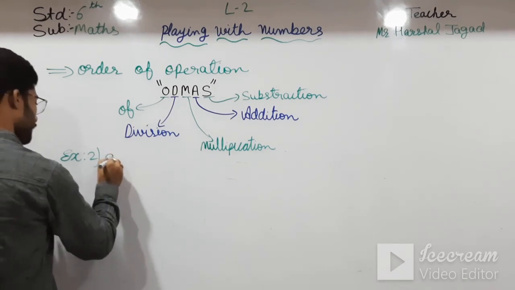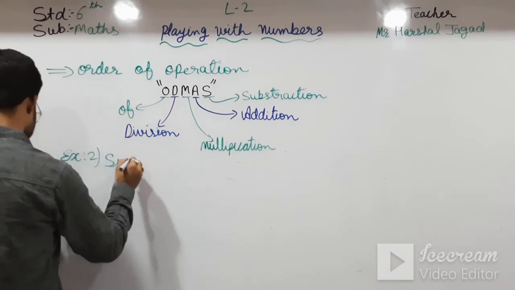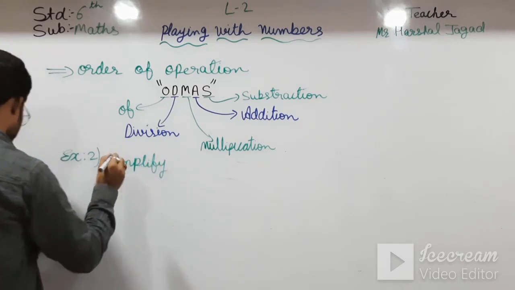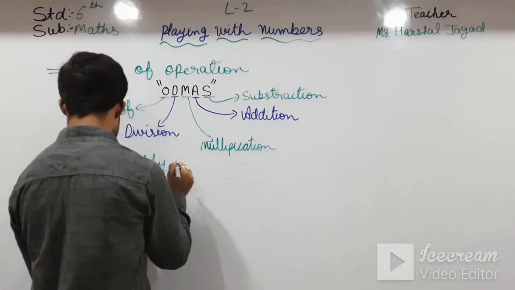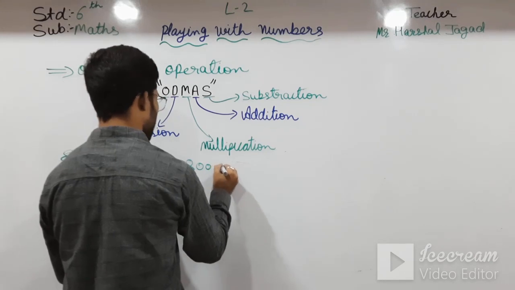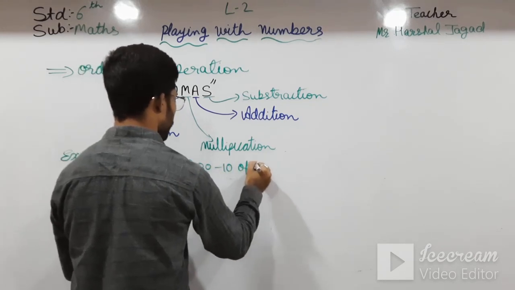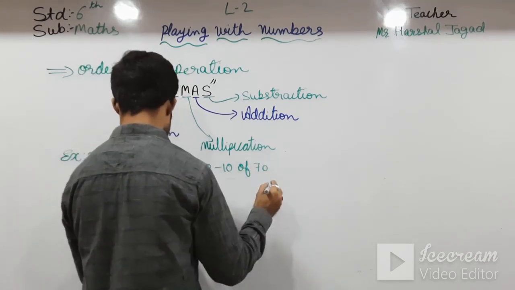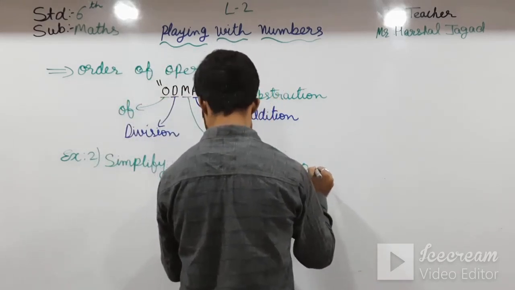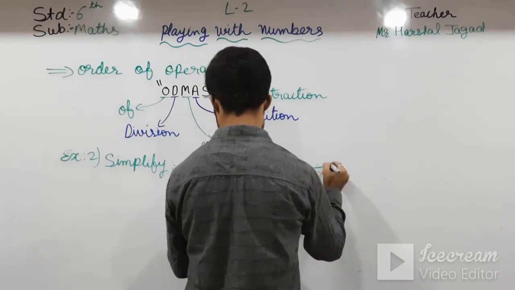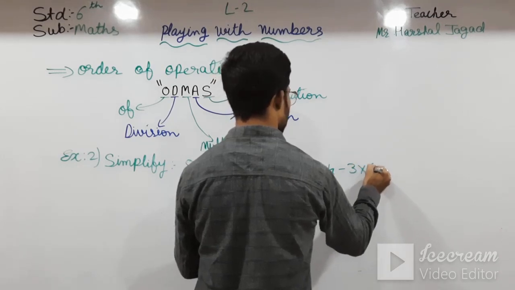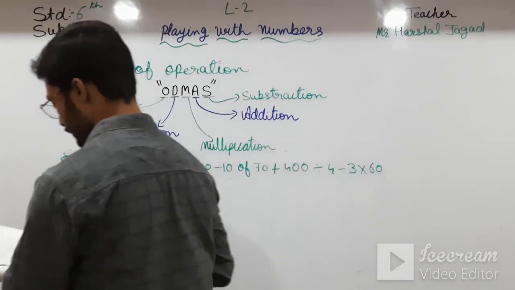Simplify here: 800 minus 10 of 70 plus 400 divided by 4 minus 3 into 60. Okay students, so